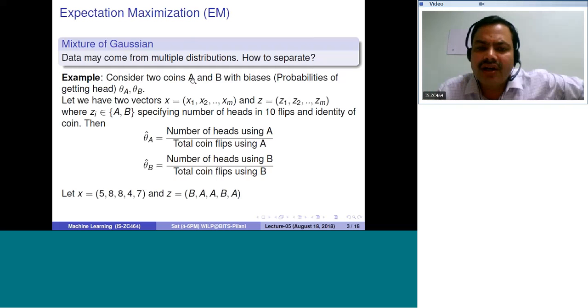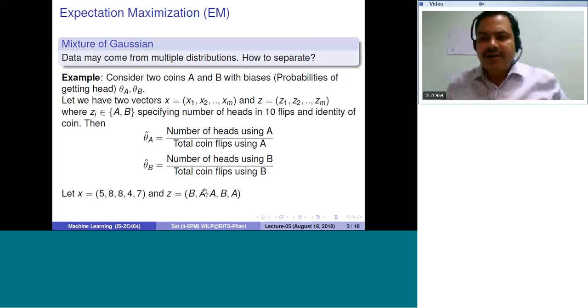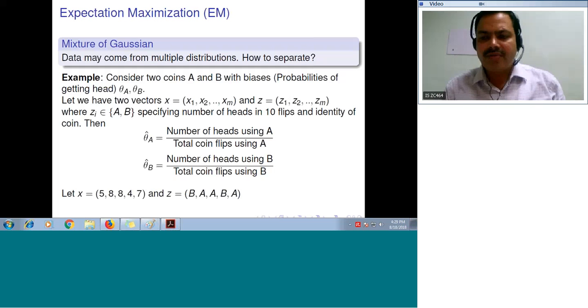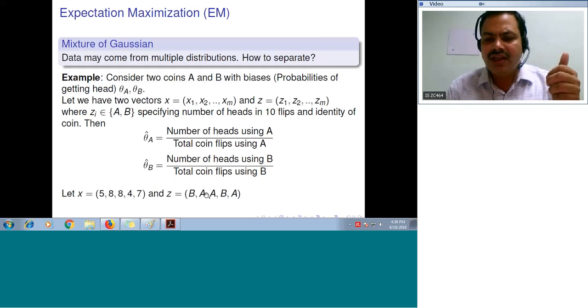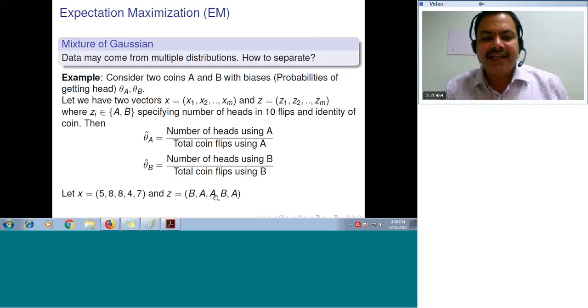For A you can count how many times I have used it: 1, 2, 3, so 3 times. So how many coin flips have I done? Can anybody tell? 30, because whenever I pick the coin I flip it 10 times. And how many heads did I get? 8, 8, and 7. So the total number of heads is